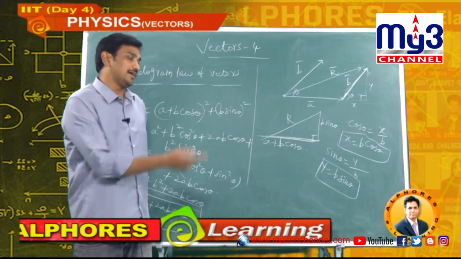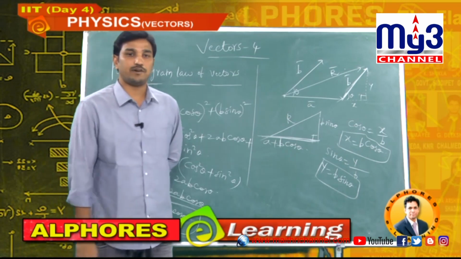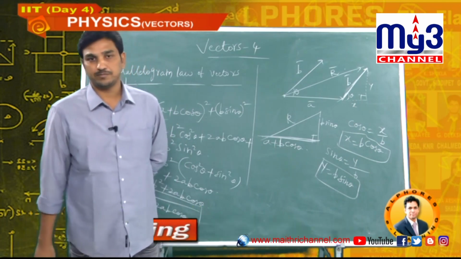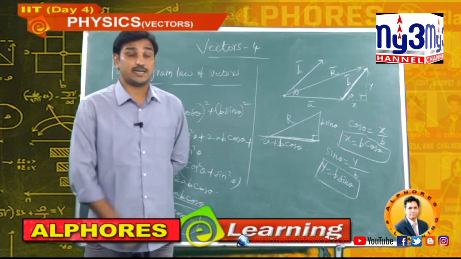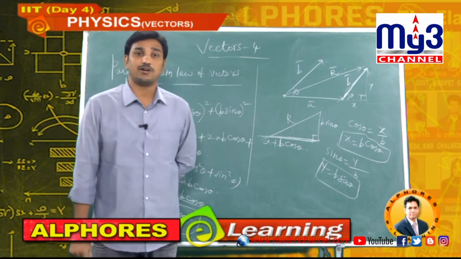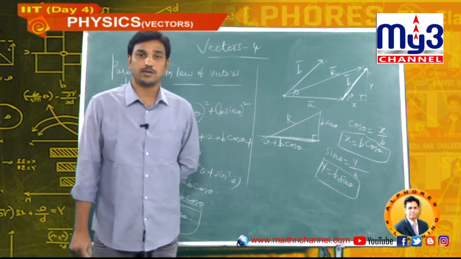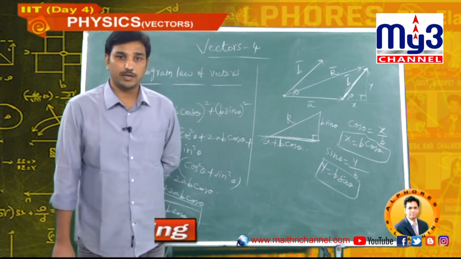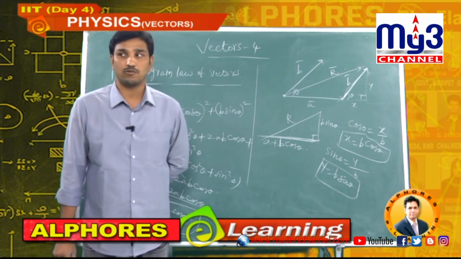Understood my point? Today, what did we discuss? Overall there is a conclusion. Today we started with multiplication of a vector with a scalar. If you multiply any vector with a scalar, the length of the vector will change, but its direction won't change. Next, we went through direction cosines. How a vector makes an angle with the x axis, y axis and z axis, those are called direction cosines. Cos alpha, cos beta, cos gamma are direction cosines. Those are represented by l, m, n. And finally we got two results: cos square alpha plus cos square beta plus cos square gamma is 1, and sin square alpha plus sin square beta plus sin square gamma is 2.